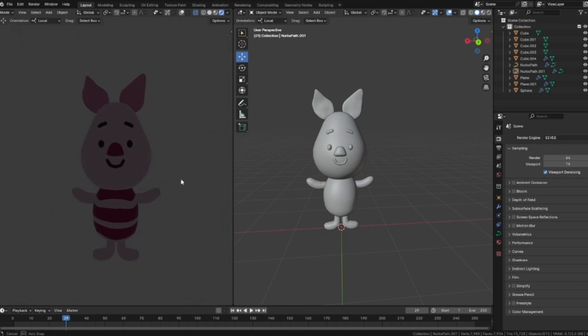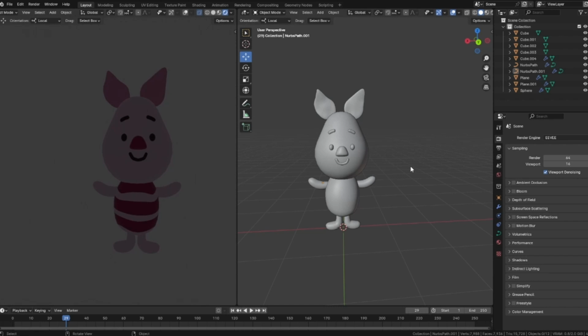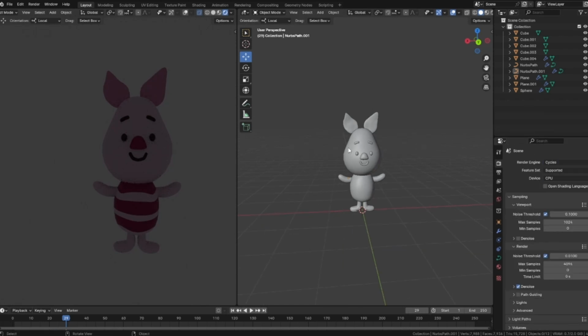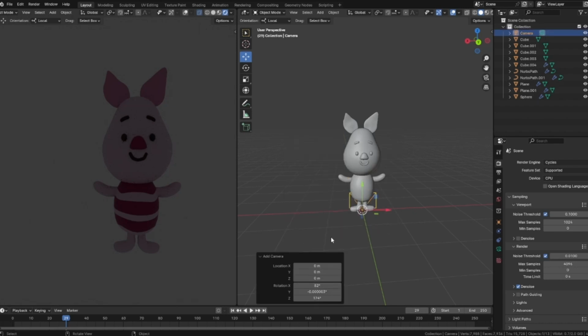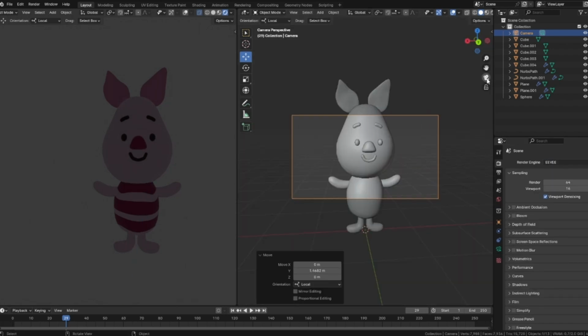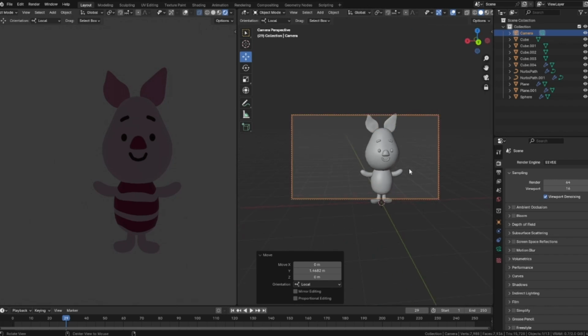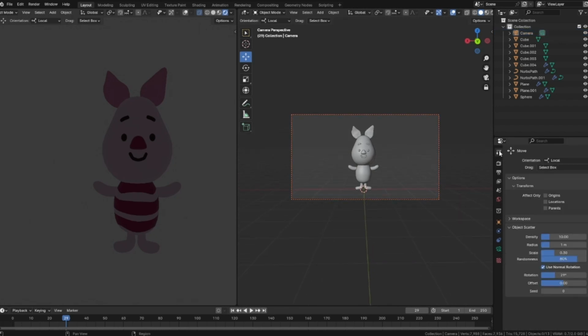Then unhide this, uncheck this and this will be hidden. Then shift it, add a camera to the scene and move the camera like here and press this button to view. Press N, view, and camera to view